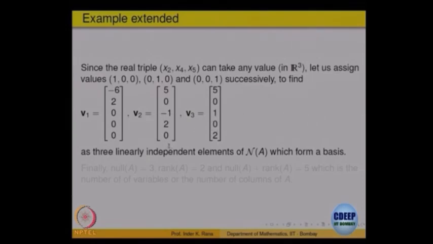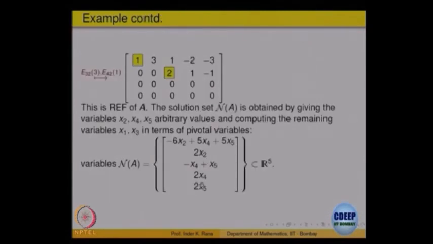So the claim is these 3 are linearly independent and should generate everything, right. See, x5 is arbitrary. These coefficients are not important. You have to call 2x5 as x5. The idea is, for the last, x5 should be some arbitrary value, x4 is arbitrary, x3 is determined from this equation. Once you have fixed x4 and x5, you will get x3, because 2 is there, you have to divide by 2, no?